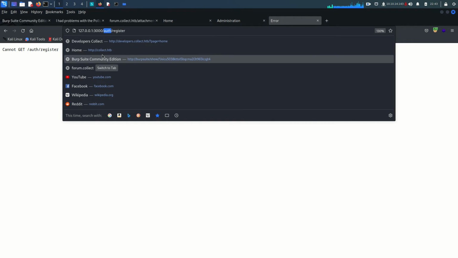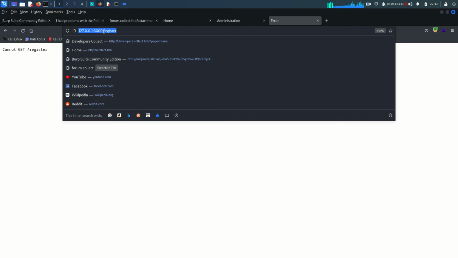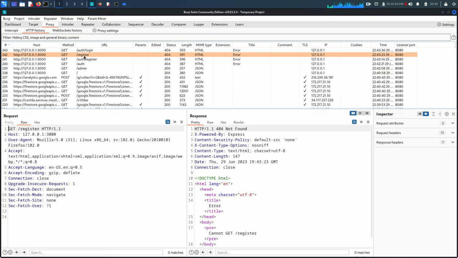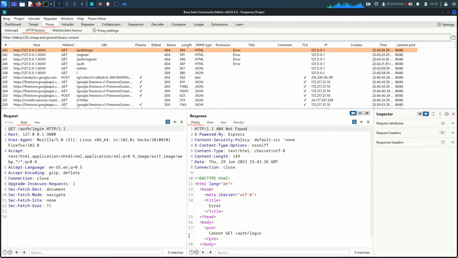Or only register. Let's see, and there is login. So auth/login, and there is nothing. Come back here, register,